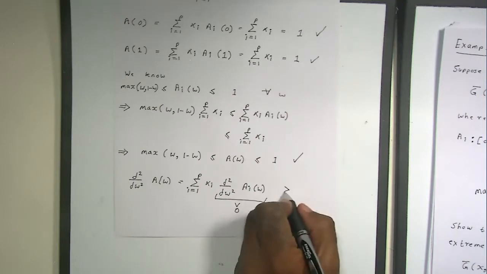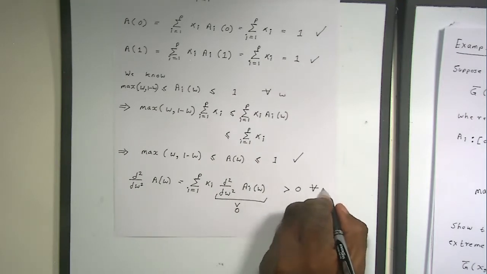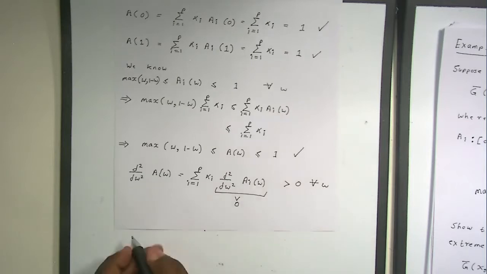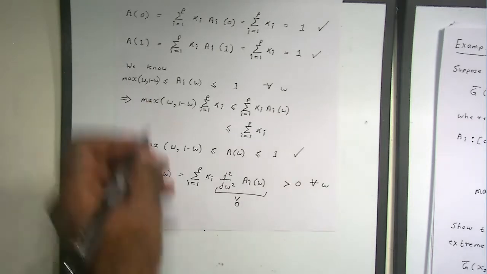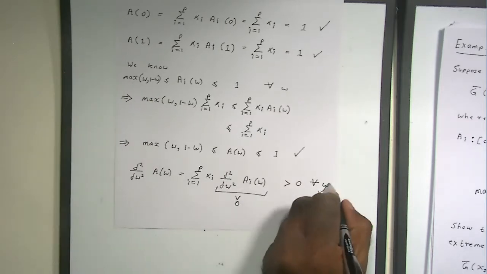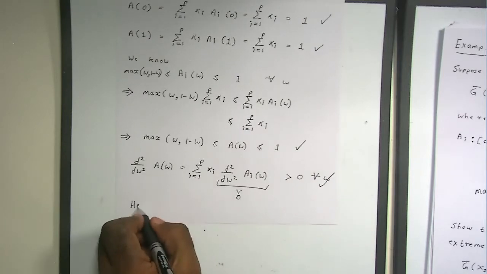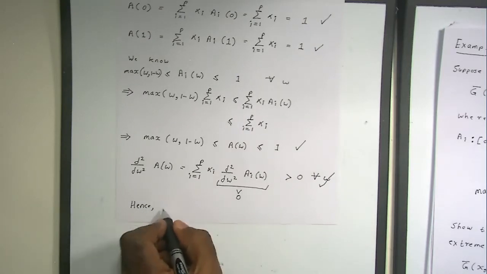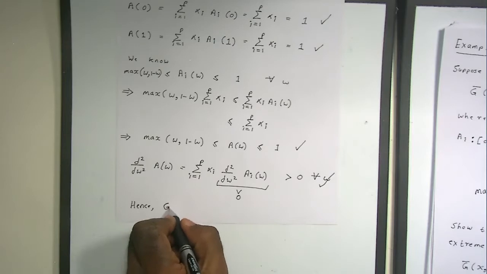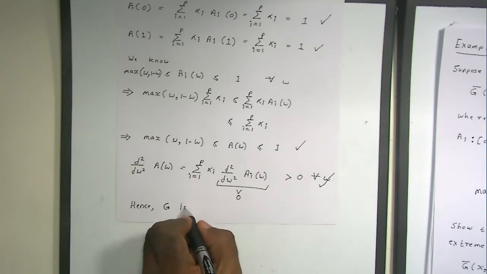So this must be positive for all omega. Hence, all four conditions are satisfied. So the conclusion is the following. Hence, G or G bar is